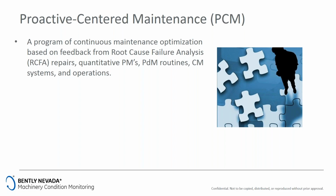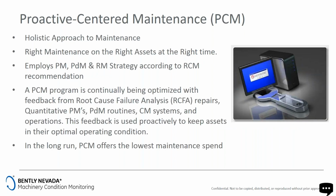You have a loop, so you're looking at your failure costs, failure modes, repair, the preventive. You take into consideration all of the below and have feedback loops and continue to enhance the maintenance. So it'd be better. PCM takes the holistic approach to maintenance. You do the right maintenance on the right asset at the right time. In other words, you're only taking this asset down